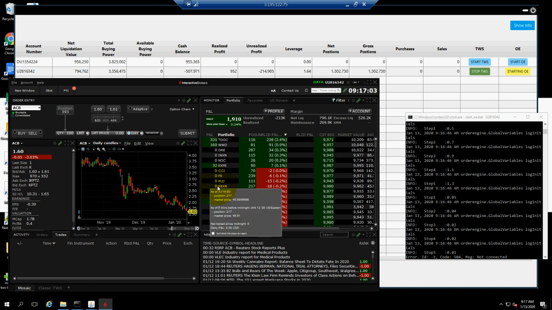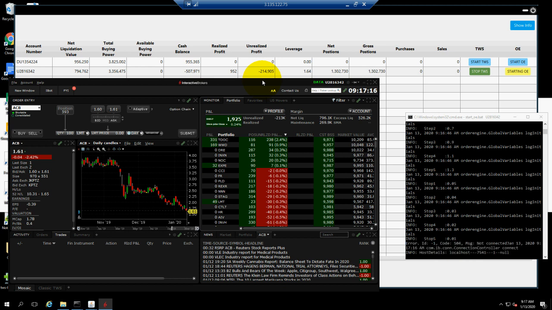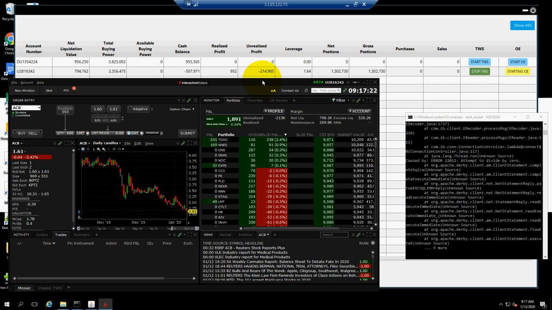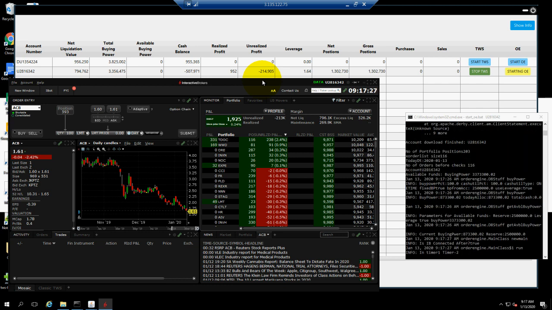So this is just about 9:17 early morning. The market is another 10 minutes to open, and those who are with Interactive Brokers are looking at a live account. Anything to do with the U account is a live account. Anything to do with the DU account is a simulation account. So our advice to investors or people who are into research, like advisors, is to try everything out on a simulated platform first. Once the configurations are settled or you are comfortable with the configurations, then you switch to